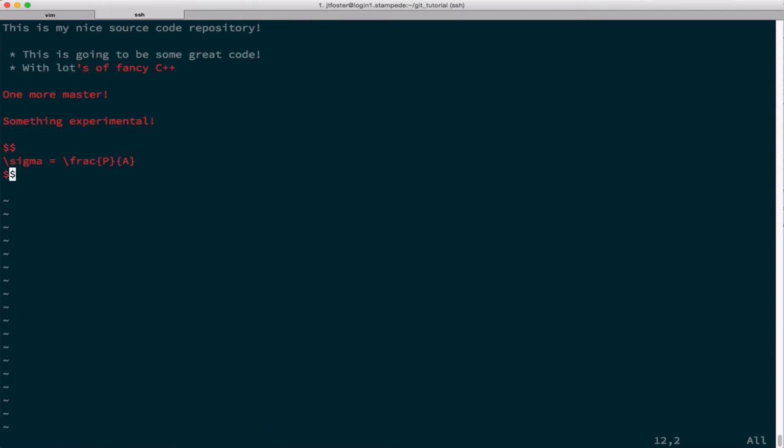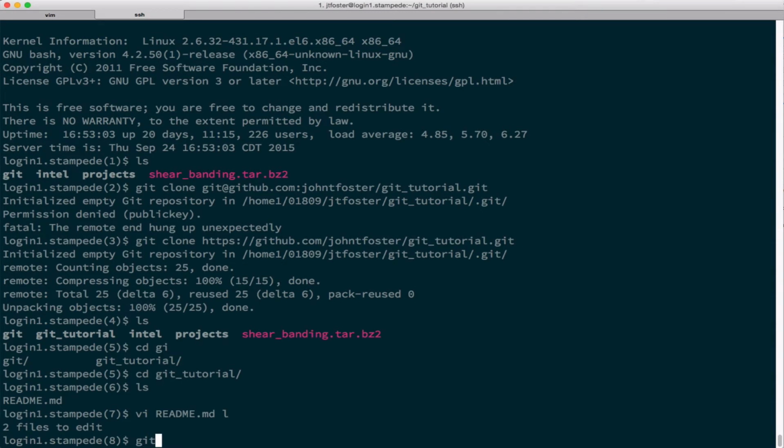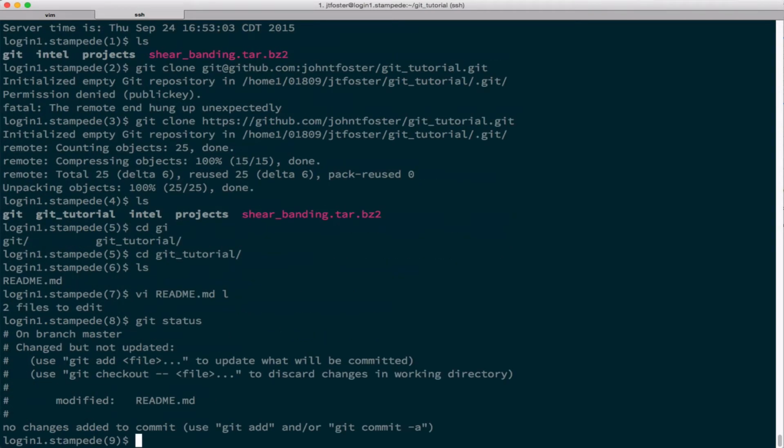Okay. All right, so then git status will tell me that I've modified README. Remember, even though I'm standing here, now I'm logged in at TACC, and I'm making these changes